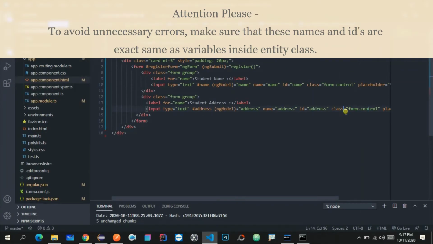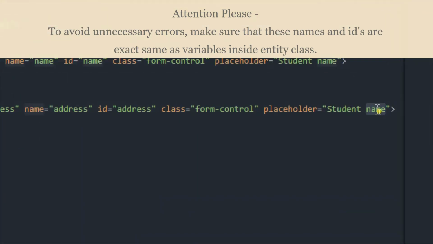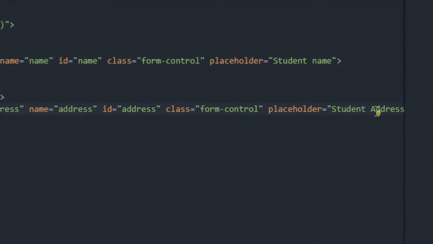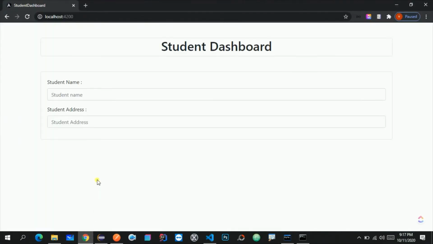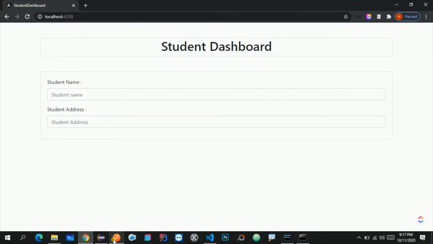So let me go to the end of this file, then this will be the student address. Let me save this, go to the browser, and show you how it is looking. And here as you can see, we have just name and address. And similarly, let me take